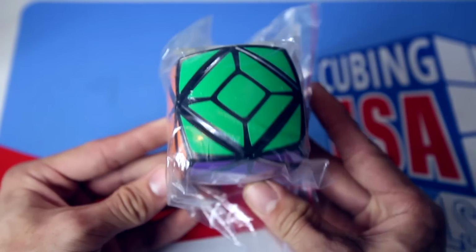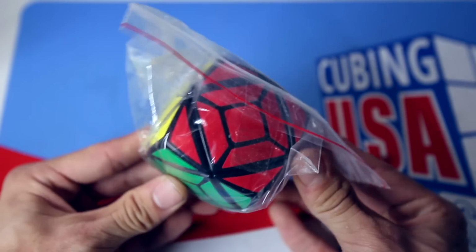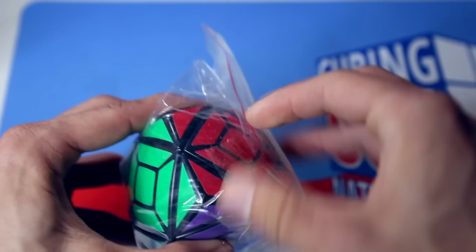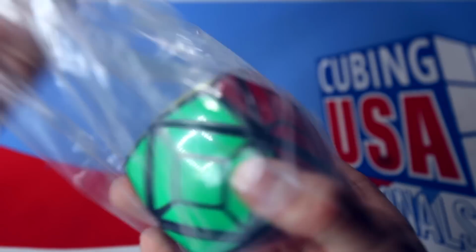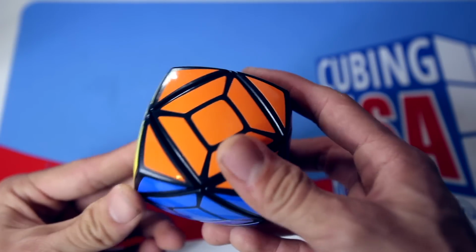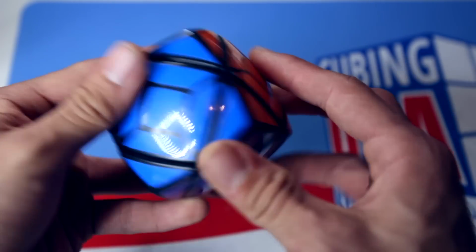Next up, I don't actually know the brand on this, but I believe this is a knockoff Holy Scoob, but it actually has the caps on it, so I got the version with the caps. I'm not sure if the caps come off or not, but instead of going for the void one, I decided to go for the one with the caps to see if I could get them to come off or not. But basically,